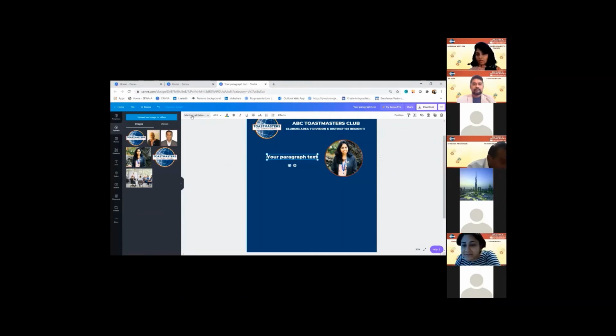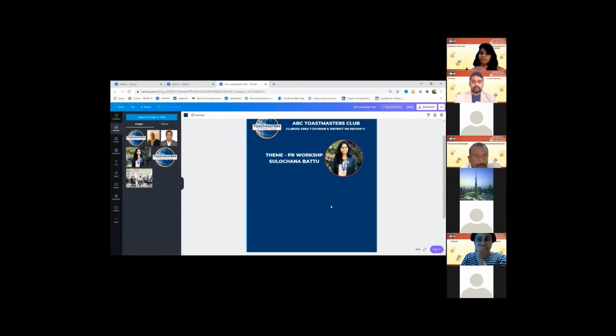If you see, the font is coming by default because I already used the same feature as T. So it's already in the poster and it keeps coming in the same font. I don't have to select it every time and change the font to TMI fonts. It's the default one which comes whenever I type text. So now let's say the theme is PR workshop and something. Okay, so now we have the details here.